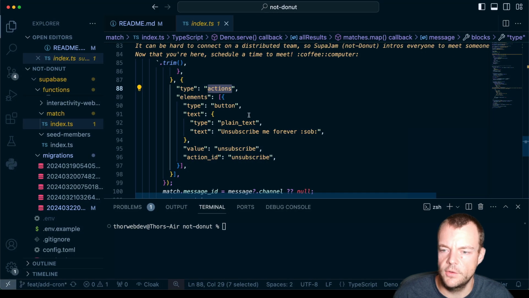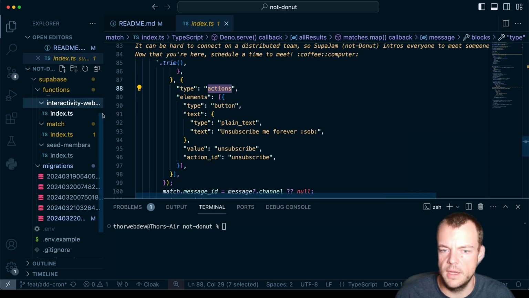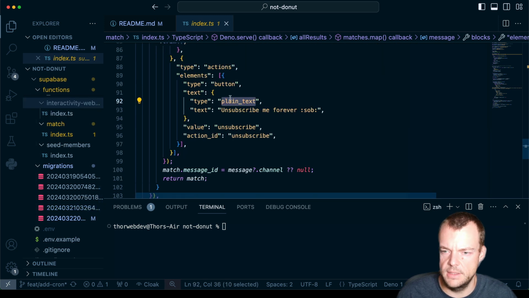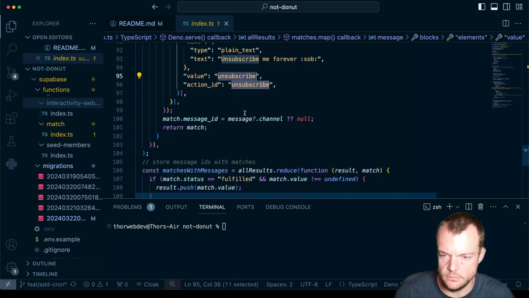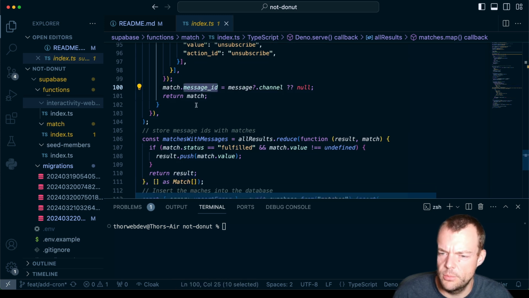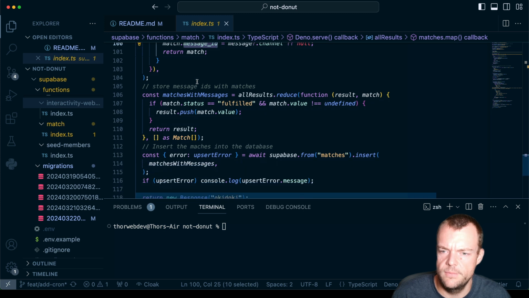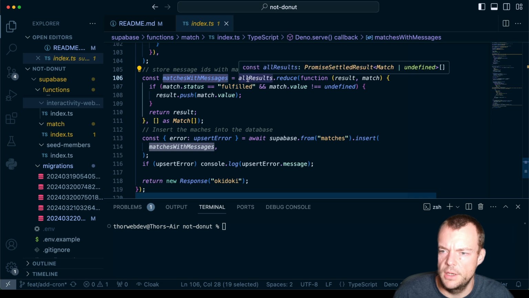Yeah, and then this triggers an action, and we'll have another function to subscribe to that interactivity webhook, and then we just give it the unsubscribe ID. Okay, cool. And then lastly, we're just getting out the channel as the message ID. We probably should call it the channel ID. And then we're just